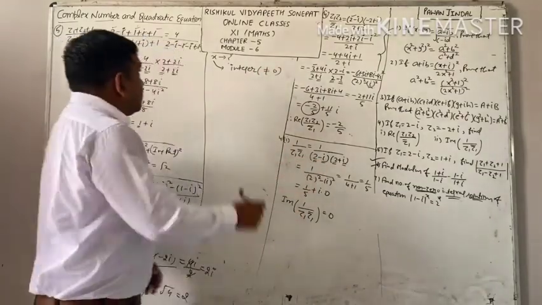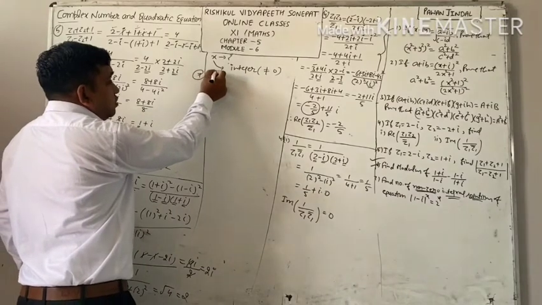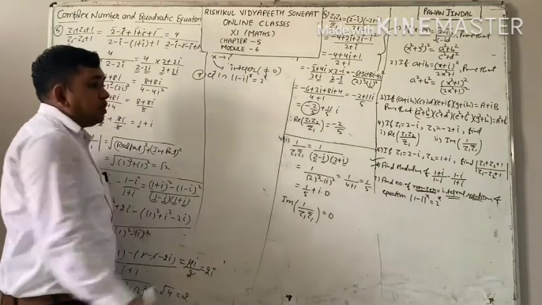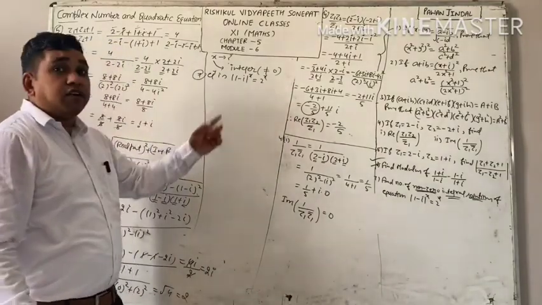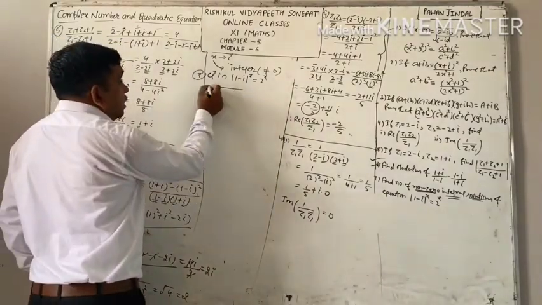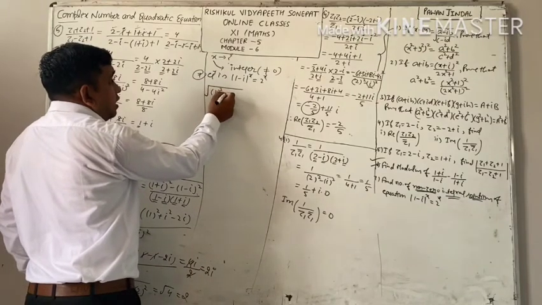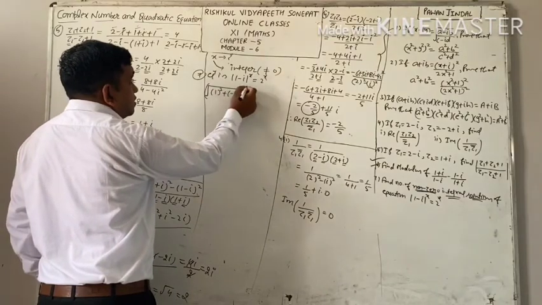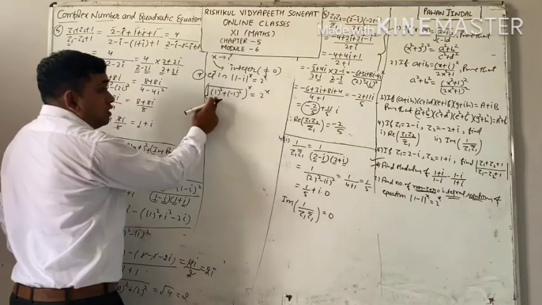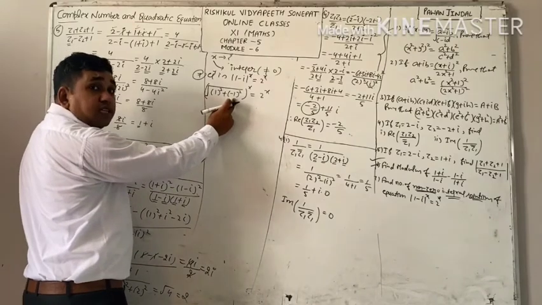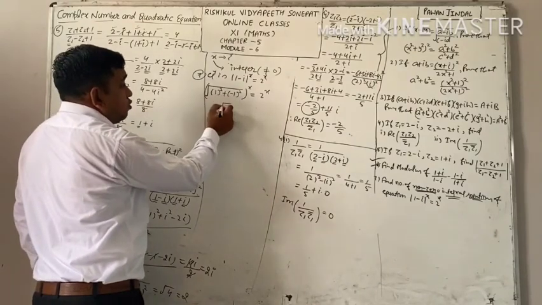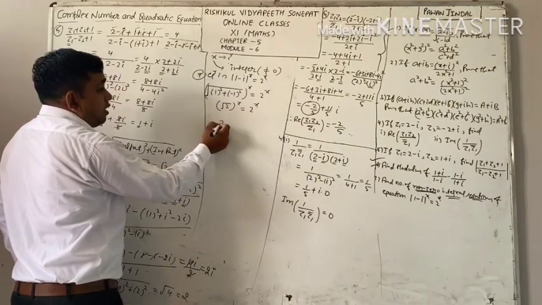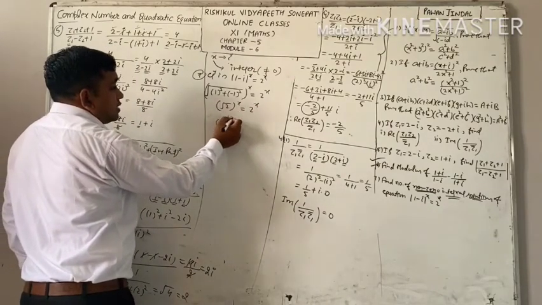Now see, what is your equation? Mod of (1 minus iota) whole power x equal to 2 raised to power x. The modulus we can easily find out. Modulus means the square root of real part whole square, real part is 1, plus imaginary part whole square, imaginary part is minus 1, whole power x. 1 square is 1. Minus 1 whole square is also 1. 1 plus 1, 2. This is your root 2 whole power x. And root, as you know very well, means half power. This x as it is.